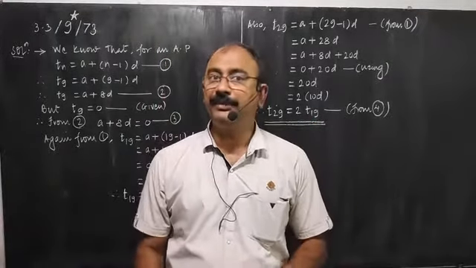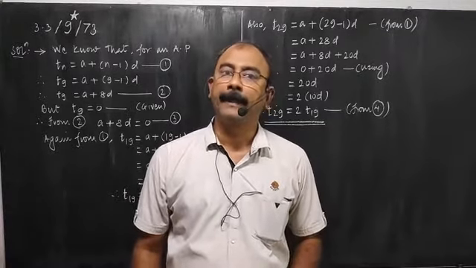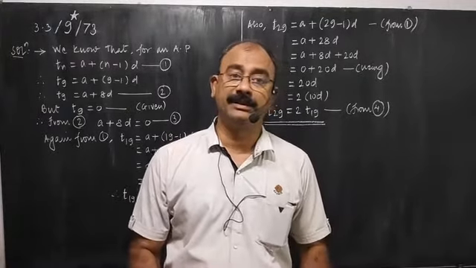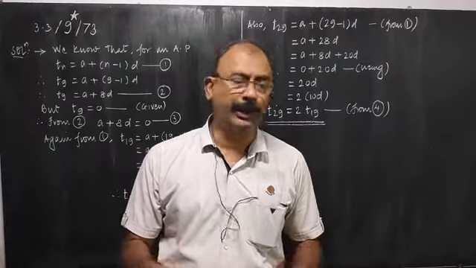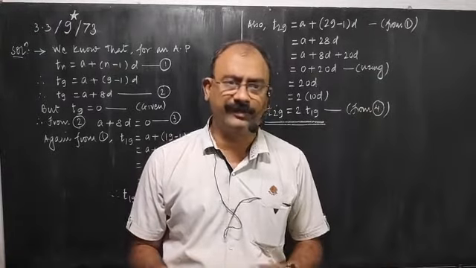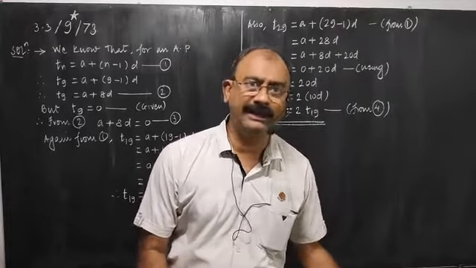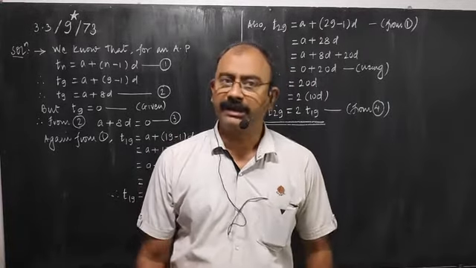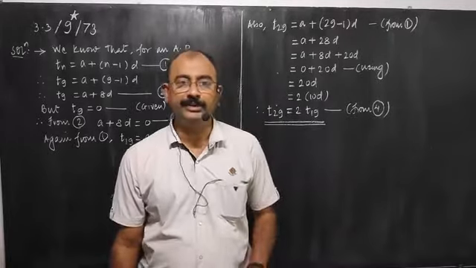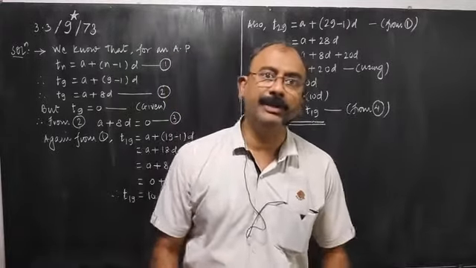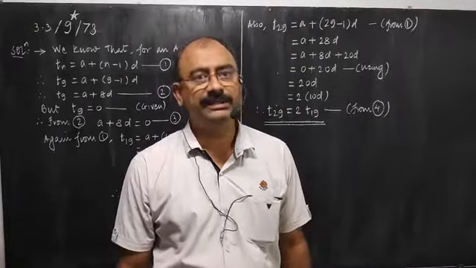So with this example we have completed, we have fully discussed practice set 3.3. First 2-3 examples are very ordinary. You can very easily solve them using the solved examples from the textbook also. So 3.3 is over. In the next lecture we will begin with the next exercise, that is 3.4.